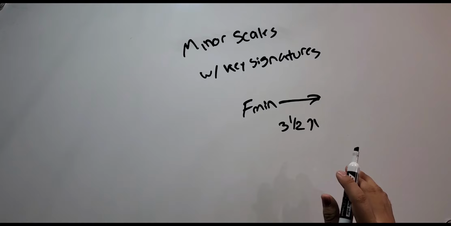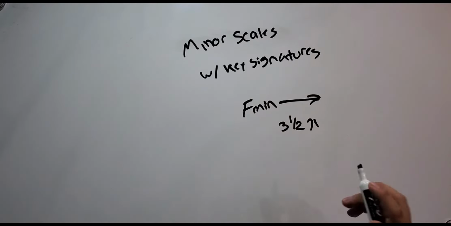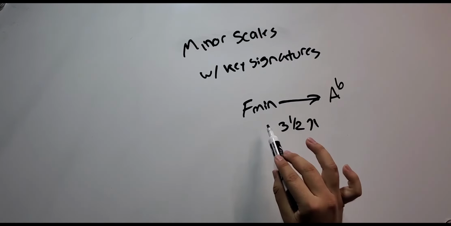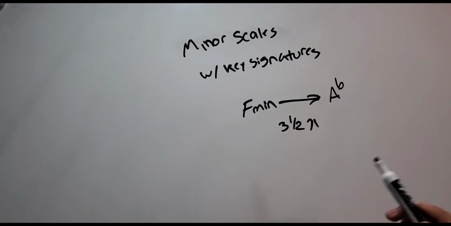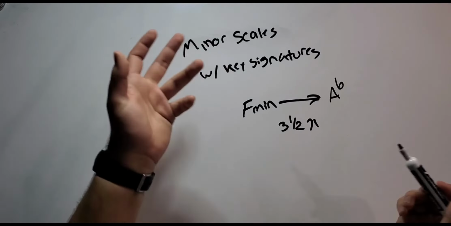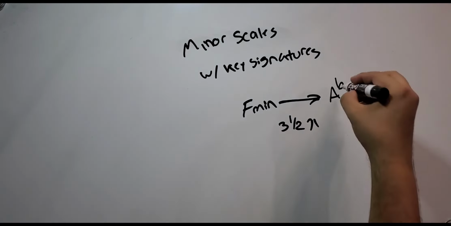So we have to make sure that we stay diatonic. So, F minor, if I'm going up 3 half steps, I'm just gonna go F, G, A. So I know it has to be an A of some kind. Okay? So we get to A flat